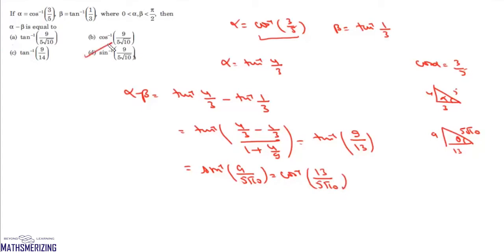So the answer to this question is option D. Now it says, considering only the principal values of tan inverse function when x is greater than or equal to 0, we need to find the solution to this equation, which is tan inverse of 2x plus tan inverse of 3x, and it is equal to pi by 4.